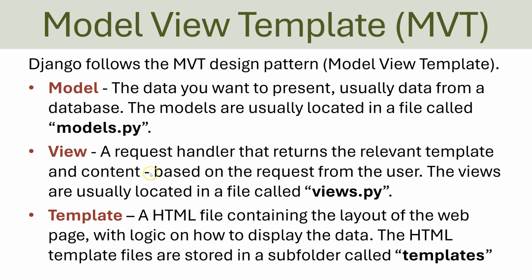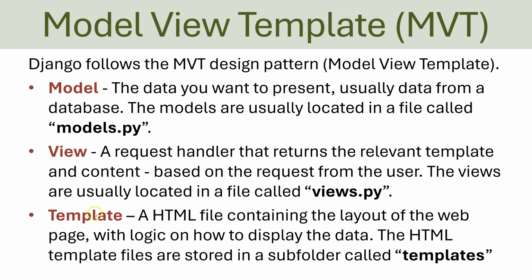So this request is based on a request from the user when the user requests a specific web page. And all these views that you need to create as part of your application is typically located in a file called views.py,